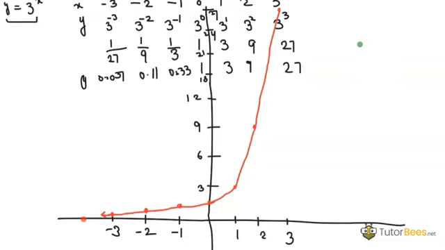So if I want to find the asymptote of this graph, the asymptote of this graph is the x-axis. Why? Because you can see this graph has a much lesser distance from the x-axis. When you increase your values of x on the negative side, your graph will approach and become nearer to the x-axis, but it will never meet the x-axis. Because it is approaching the x-axis, that's why the x-axis will be its asymptote. So what is the equation of the x-axis? That is y equals 0. That means y equals 0 is the equation of the asymptote of this graph.